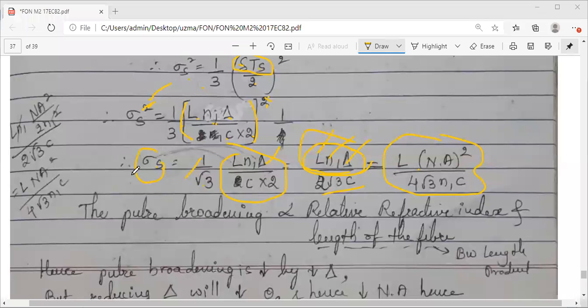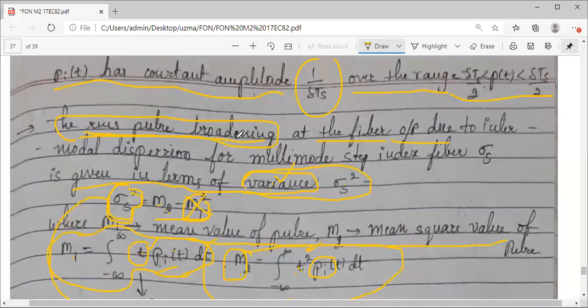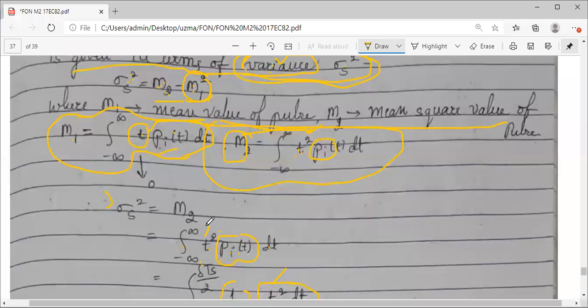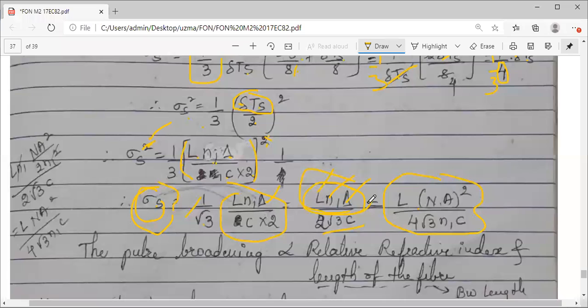So we have found that the variance value, that is RMS pulse broadening, we can find by making use of the calculation of variance. What is variance? Variance is given by sigma s square is equal to M2 minus M1 square, and these capital M2, M1 are the mean values. From the figure we have found that M1 is 0 mean value, so sigma s square is nothing but M2. Substituting and integration, applying the limits, we finally got these two equations,